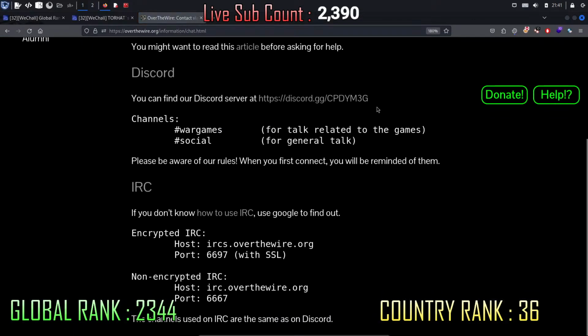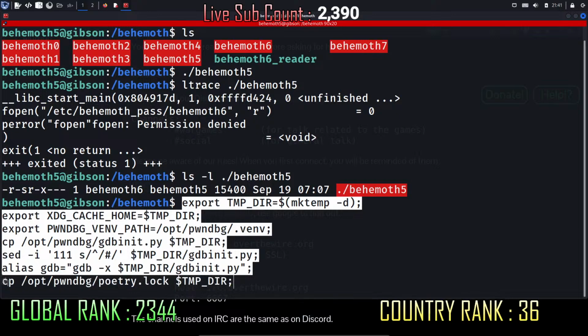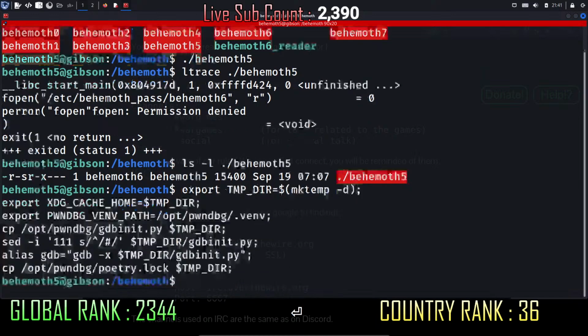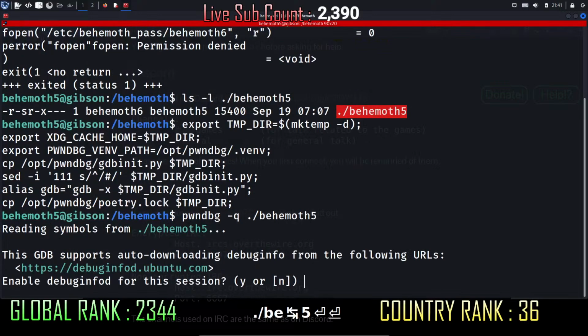Go to this Discord link, and you can find all these commands except the last one, which I created. Once you hit enter you can use pwndbg. So pwndbg slash q, which means run quietly, of this behemoth 5. So just hit enter